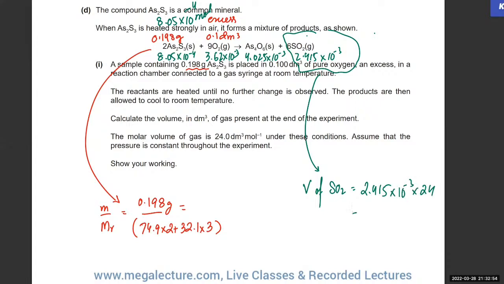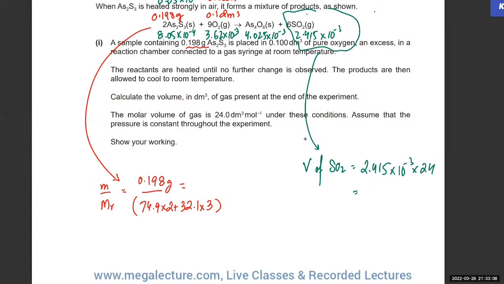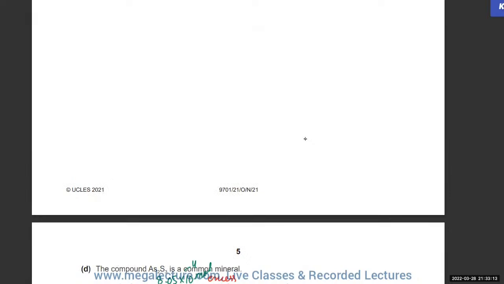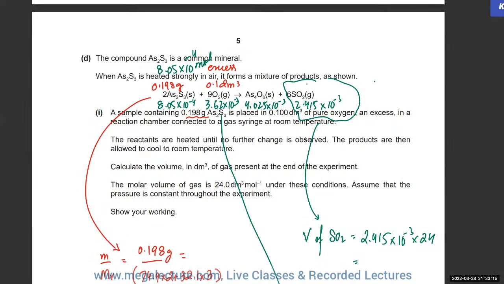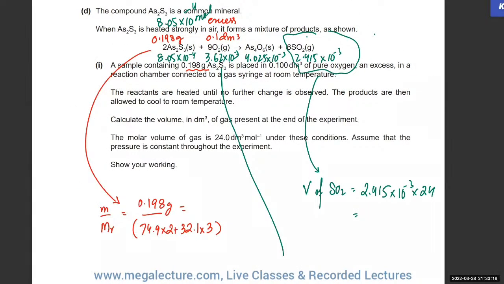If you multiply it by 24 dm cube, how many dm cube do you get? So this is 0.05796